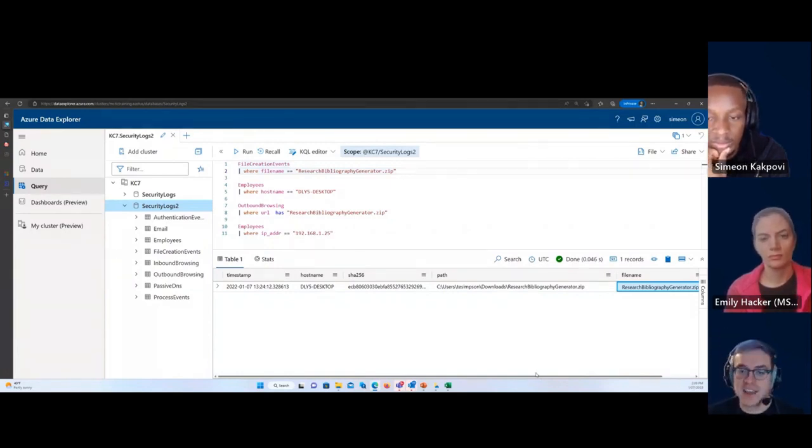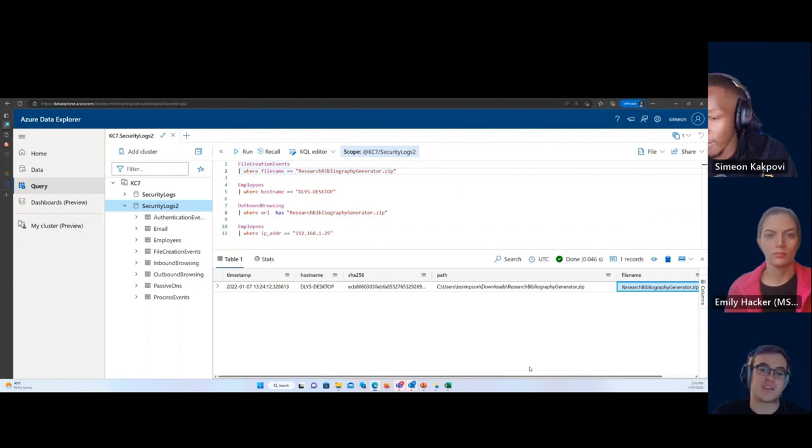So we looked in our table that contains information about files being created on hosts, right? We shouldn't think about this as just a row in a table with some file name. This is a file that we suspect is malicious and it was downloaded to Terry Simpson's system. So let's contextualize what we're looking at in this table and understand what it actually means.